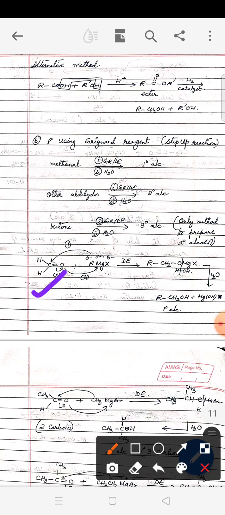And you see in the aldehyde we had one carbon, and here we have definitely more than one carbon depending on the number of carbons in the R group. If R is CH3, then the product will be CH3CH2OH. If R is ethyl group, then the product will be CH3CH2CH2OH. So as many carbons as you want, you can increase here, and every time you will be ending up with a primary alcohol if your aldehyde is methanal.